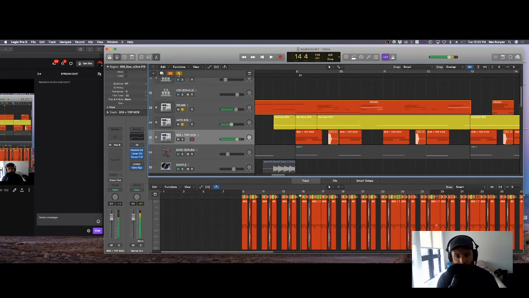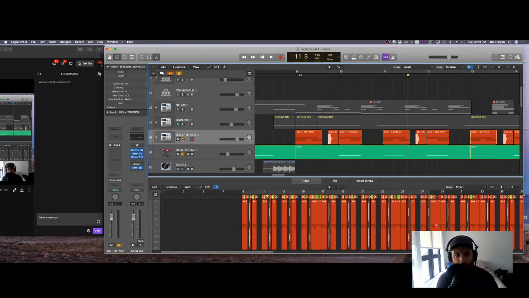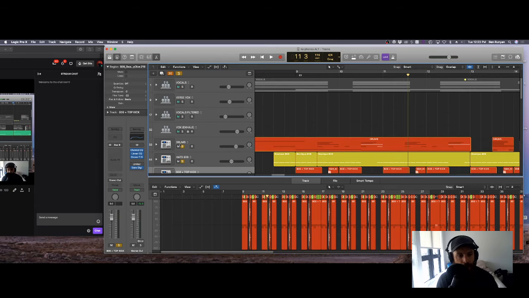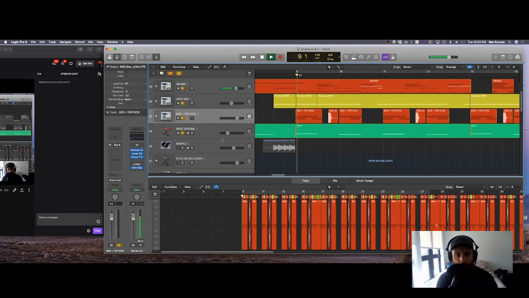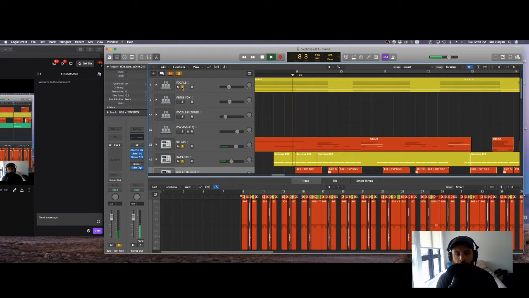So then that's not all. Remember we talked about at the beginning, we have this original one in between the top kick and the 808. So you've got the 808 being the lowest level of bass, the Serum patch being the mid-level of bass, and then the top kick being the top part of the bass. So you've got several layers going on here at the same time. And this makes up the entire backing of the track that lets the vocals live over top. So if we then go ahead and